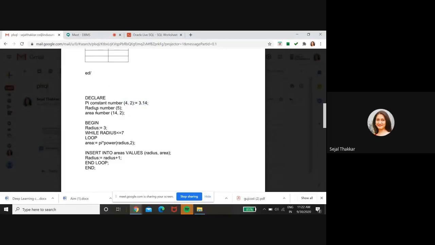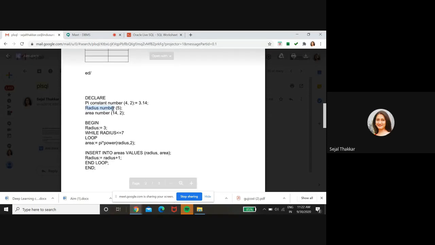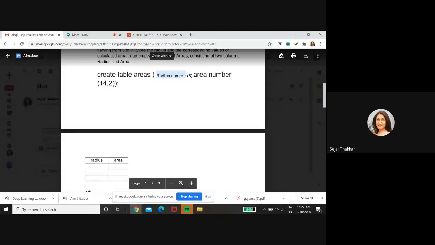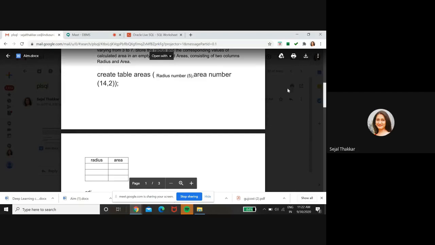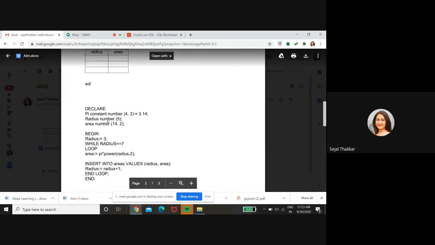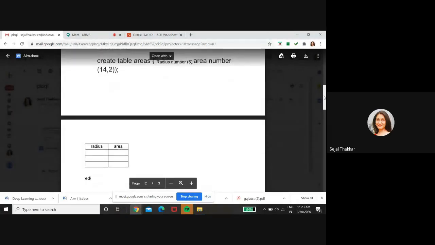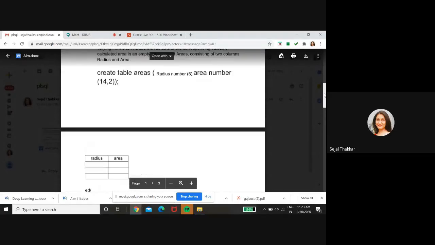In the declaration section, we are declaring all the variables. The second variable is radius, number 5, so up to 5 characters you are giving for your radius. But you have to remember one thing: whatever variable name, size, and data type you keep here, the same should be there in your created table, because the same value we are inserting into this table. So the name should be radius here, data type number, size 5. If I keep this in small letters and there in capital, it will not accept. It will consider them two different names. It should be the same as whatever you have declared in the table, right?